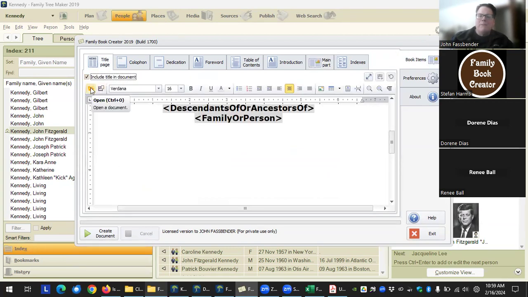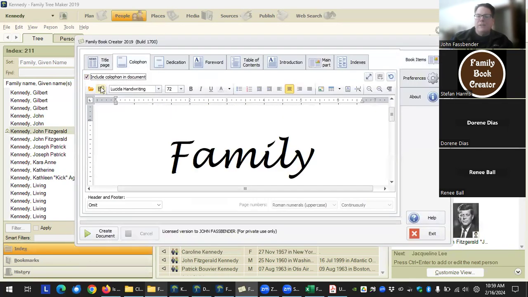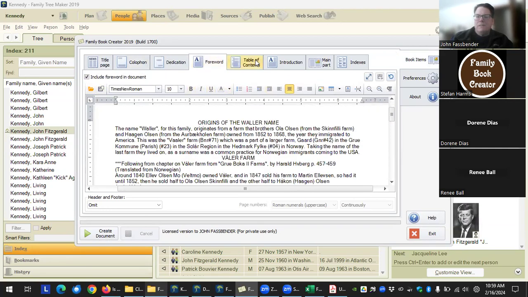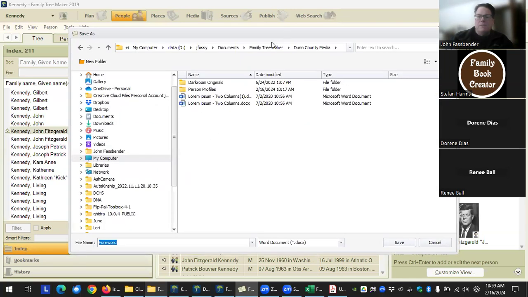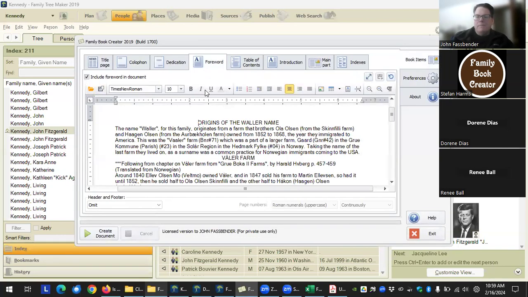But if you're doing it in just the title page, you were saying. Yeah, you've got the option of saving or loading just the title page. You can save and load these pages if you wish. Okay, so you go to that save button and name it. Yeah, you can save it in a folder. I like the idea of saving each piece and then putting it together. Having each piece broken down does have the advantage